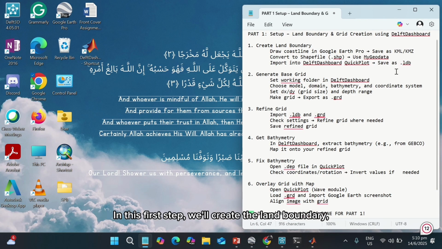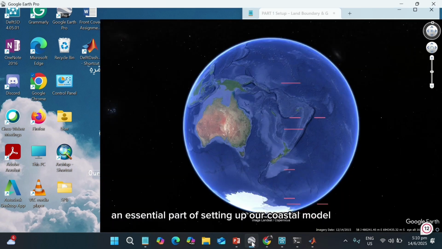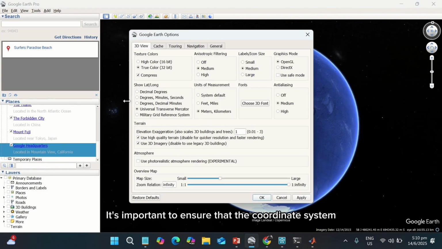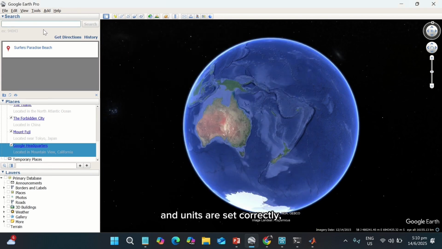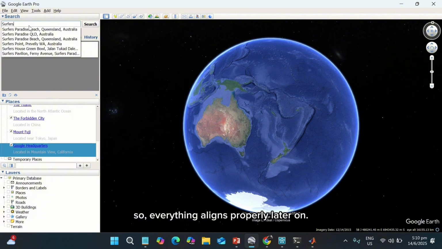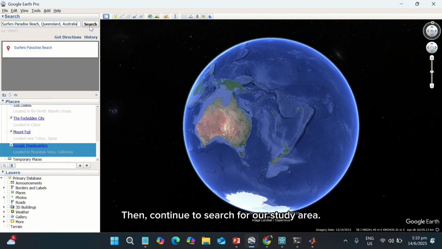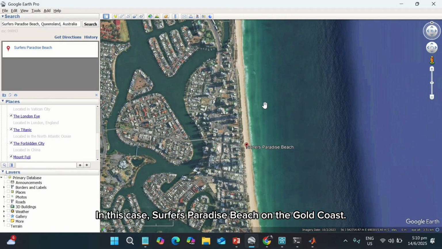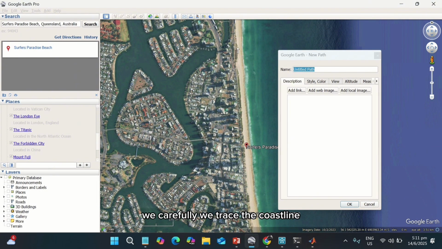In this first step, we'll create the land boundary, an essential part of setting up our coastal model in DelftDashboard. We'll begin by opening Google Earth Pro. It's important to ensure that the coordinate system and units are set correctly, so everything aligns properly later on. Then we search for our study area, in this case Surfers Paradise Beach on the Gold Coast. Using the Add Path tool, we carefully trace the coastline to define the land-water boundary,